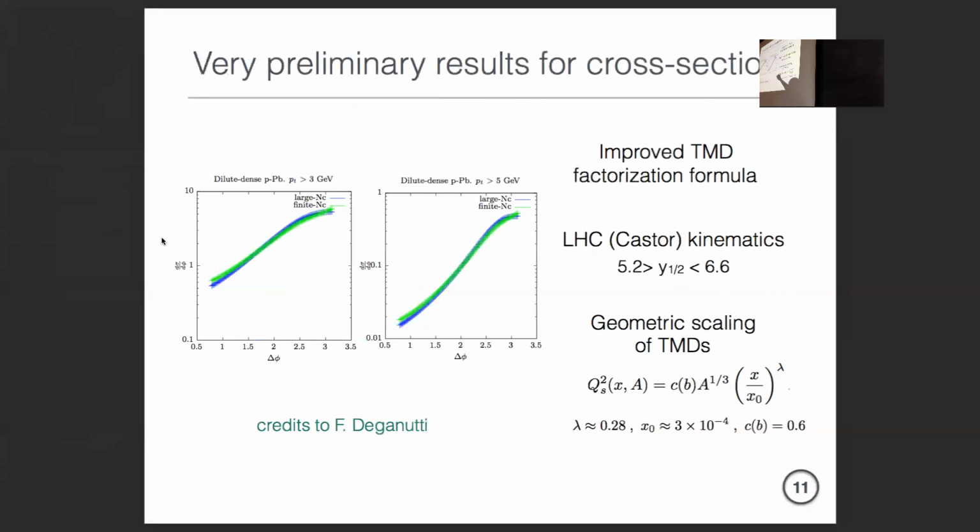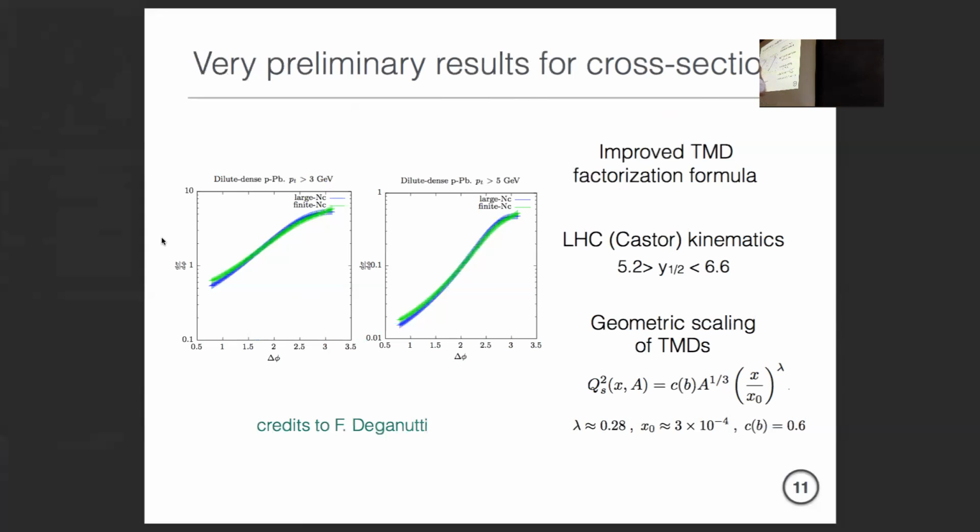This shows example cross-sections for dijets and dilute, at 2 different PTs, as a function of the azimuthal angle. In principle, we're supposed to work in this decorrelation limit, so you should really only look at the case where they're very close to back-to-back. But overall the difference between the large NC and finite NC result seems to be relatively modest here. So this is probably not an important effect, but it's still nice to do it.